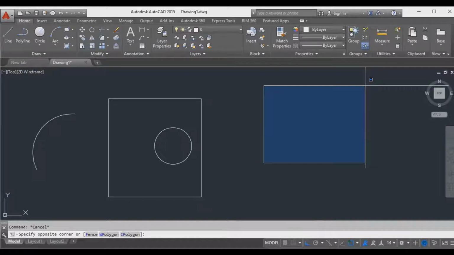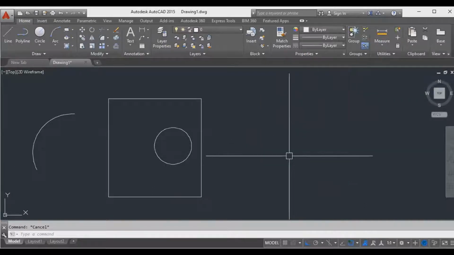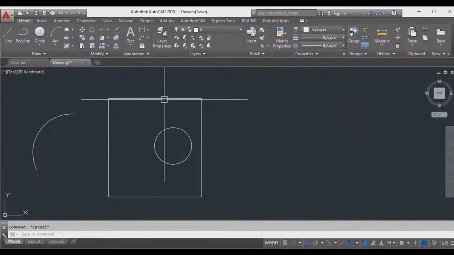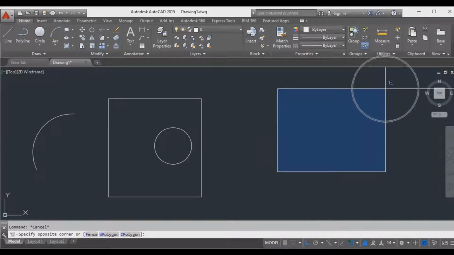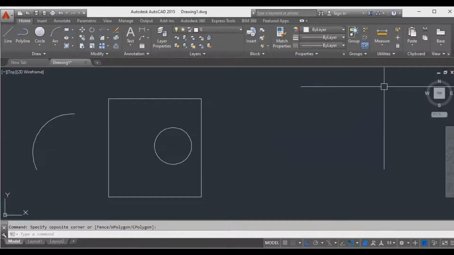I will explain to you how open window works. I will repeat it again. See, just click on the model space. Click anywhere with the left button, then move to the right. Then you can see a blue color box with a continuous line. This is called open window. Again, I will click here on the right corner. Yes, it's completed.